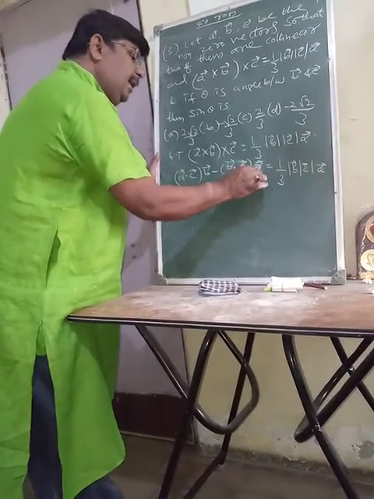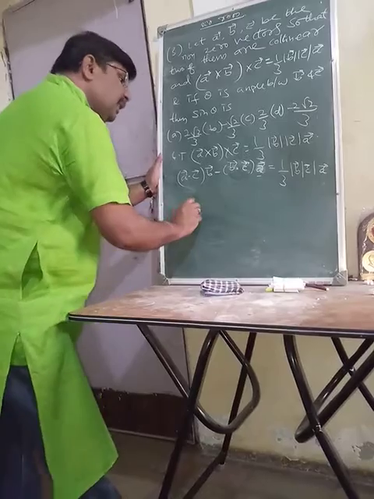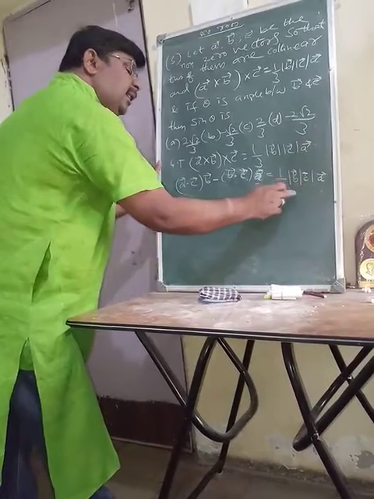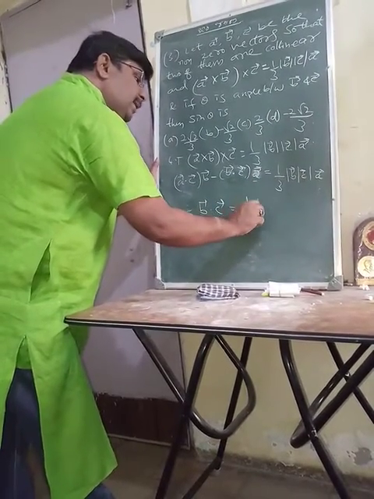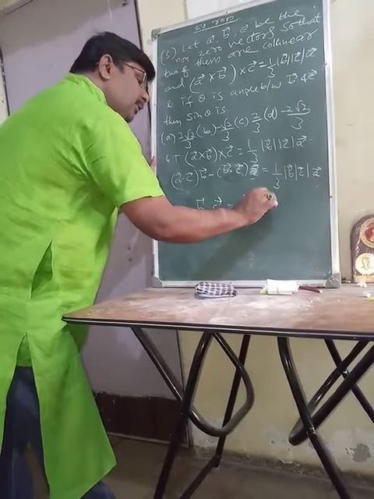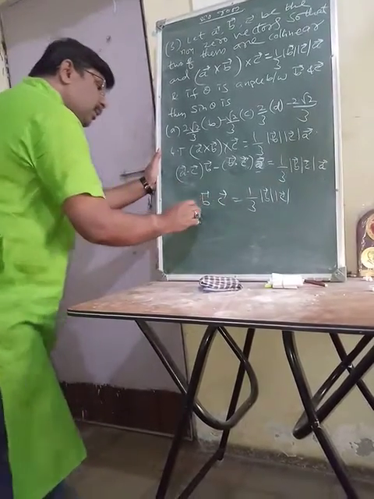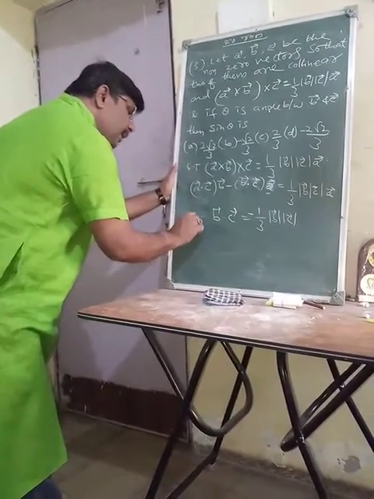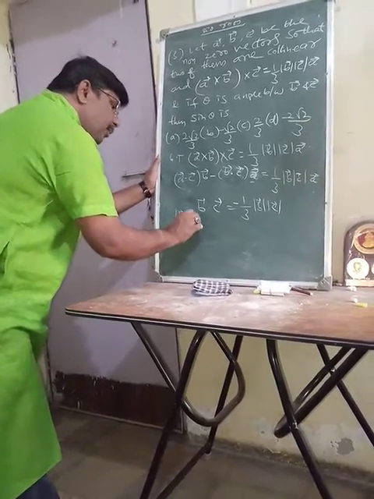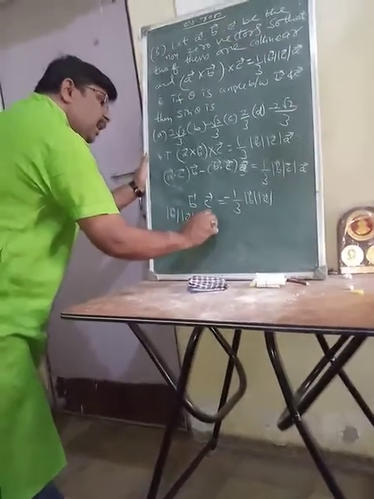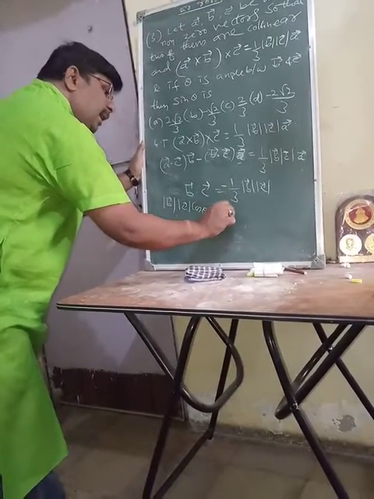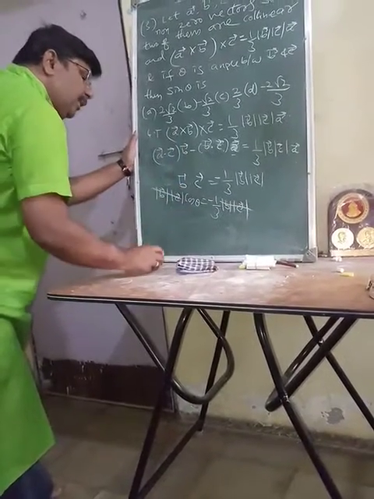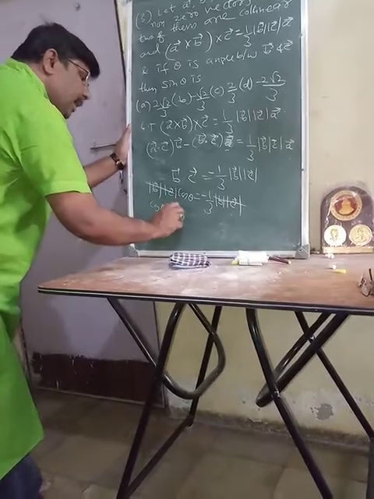What is the coefficient of A here? Minus of B dot C equal to, here the coefficient of A is 1 by 3 modulus of B modulus of C. So minus of B dot C equal to minus of this. How can B dot C be defined as the dot product of the two vectors? Magnitude B magnitude C into cosine of the angle theta equal to minus 1 by 3 magnitude B magnitude C. Magnitude B magnitude C will cancel on both sides. So cos theta equal to minus 1 by 3.